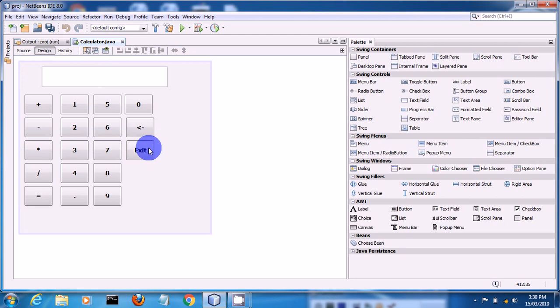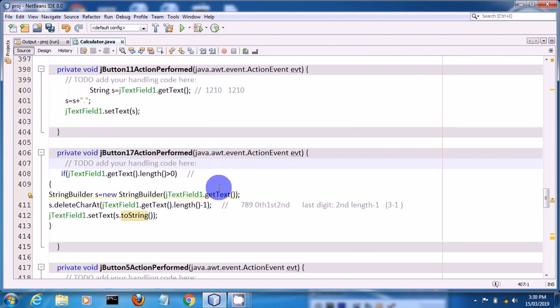So at last we are going to discuss how these two buttons, that is backspace and exit, work. Whenever a user clicks on the backspace button, this code is executed. Here the first thing being checked is whether the text field contains any text or not. If no character is present, the display screen will be blank, so what would backspace remove? To check that, I have written this condition: